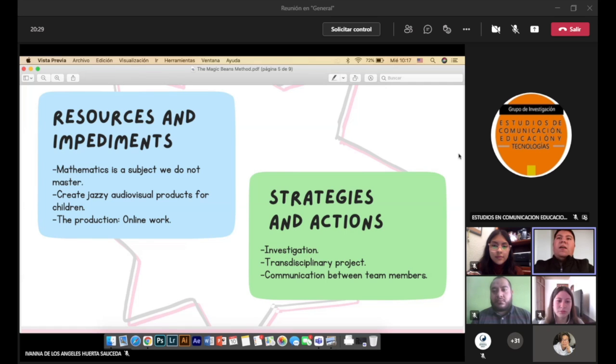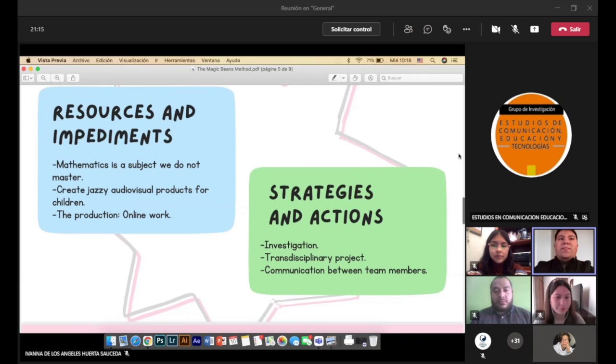And the strategies. Our main strategy to adapt the magic beans method began from the fact of creating characters that were children. Creating scripts with structure and language of fourth year of elementary school children, and adapting the sounds, ambient music, and voices to make it more attractive to this audience. On the other hand, Oliver supported us constantly, showing us how to explain this subject to children in the fourth grade of elementary school, taking into consideration his observations, making necessary corrections in the scripts.